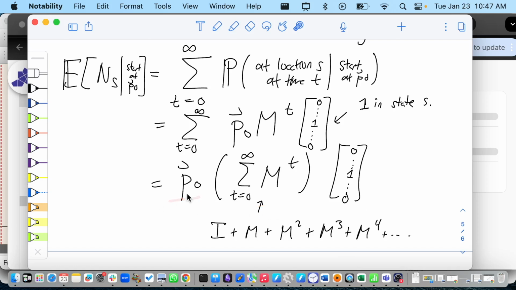Because there's three things, right? So there's this one, which is a vector. There's this one, which is a matrix. And there's this one, which is a vector. And you're saying, does the order matter? As long as you do it from left to right correctly, the order doesn't matter. This is a property of matrix multiplication called associativity, which is that A times B times C is the same as A times B times C. So it doesn't matter the order.